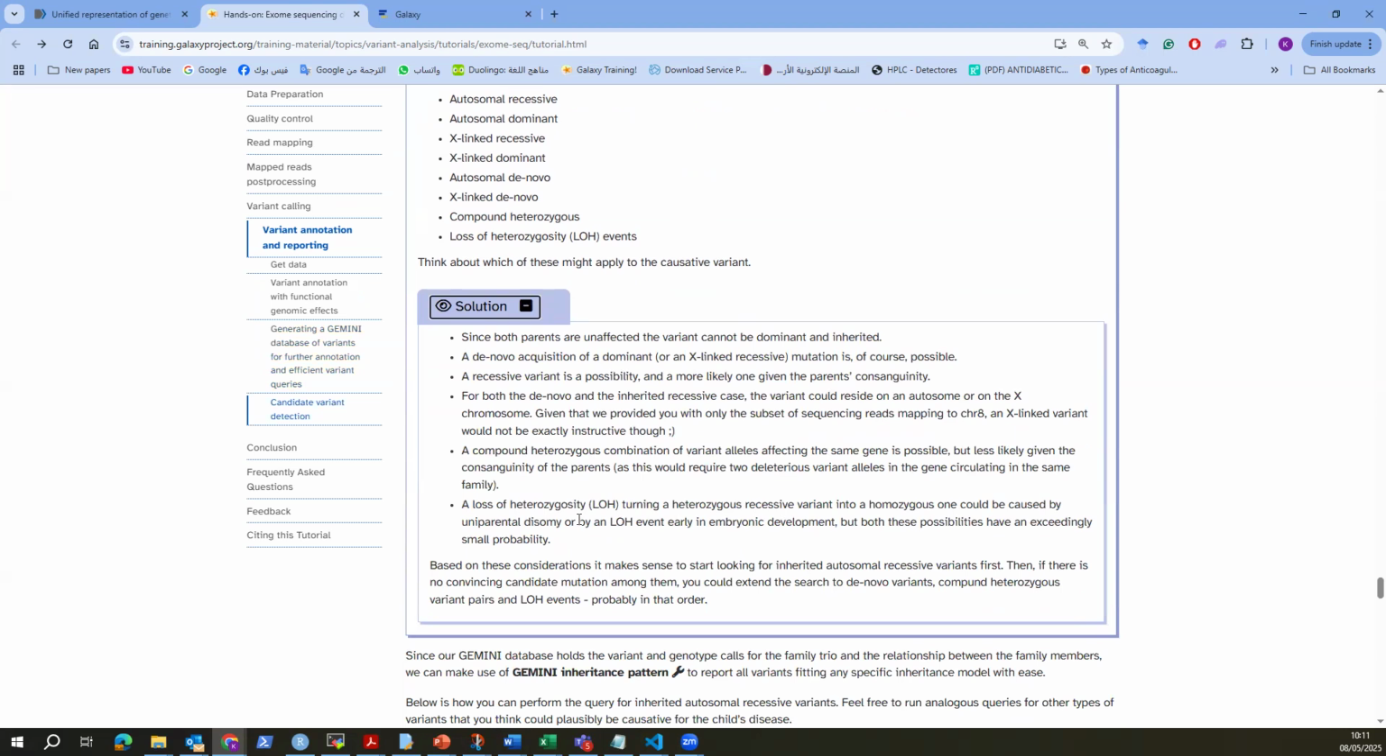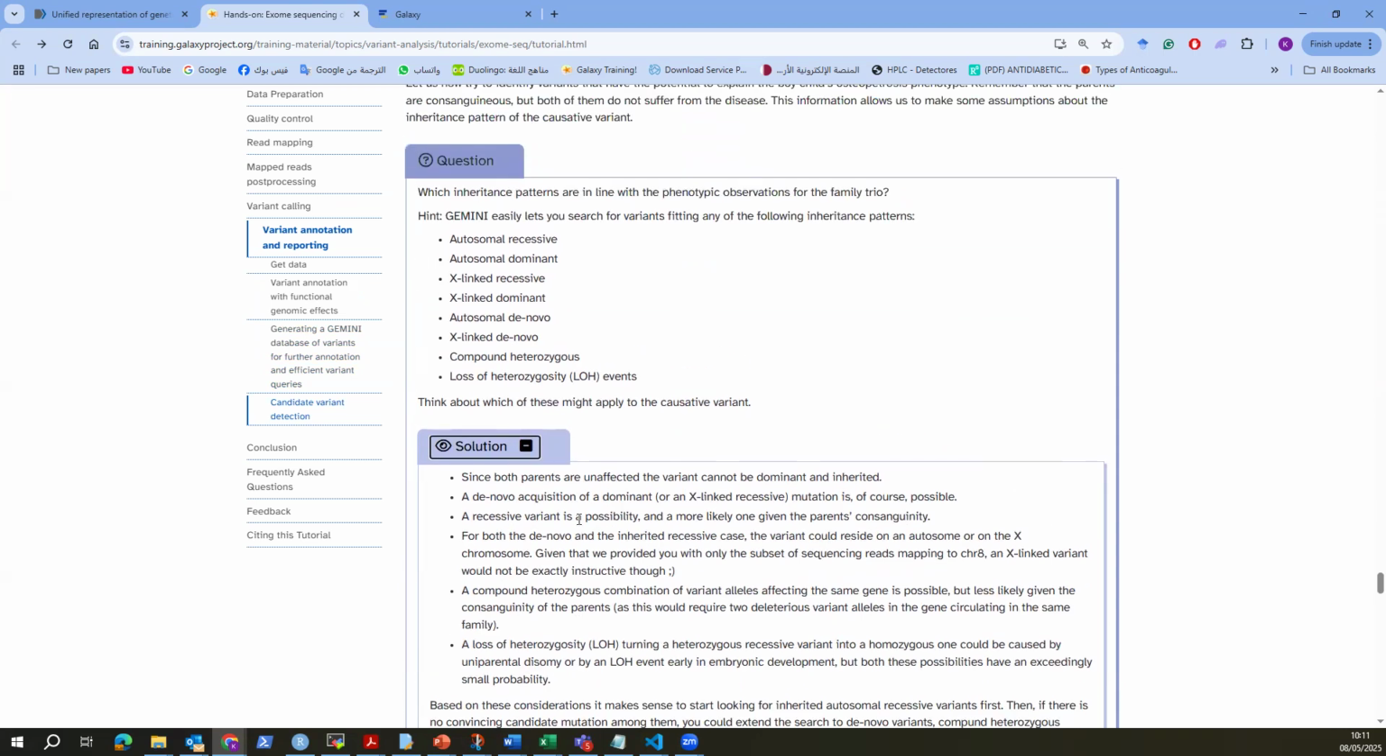So this is a question to answer, and if you don't have the background on those: the autosomal recessive, which is a dormant mutation, cannot be shown unless both of the strands, the alleles, carry it. The dominant can be seen in either one of the strands, like from one of the parents. And there are X-linked, de novo, or loss of